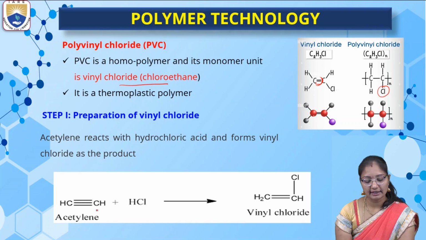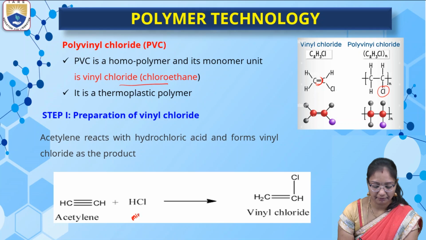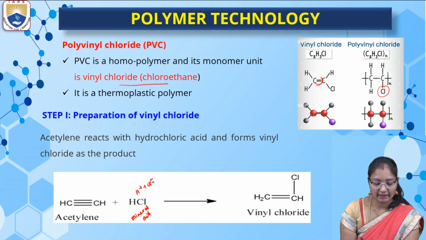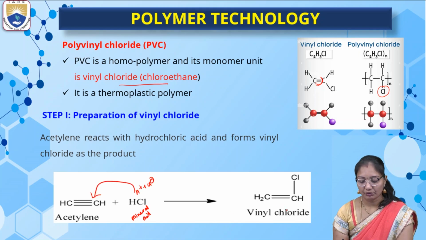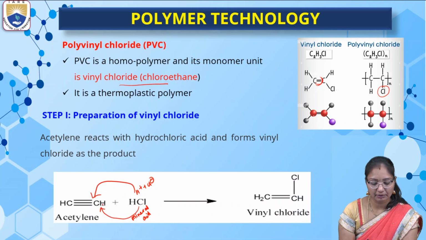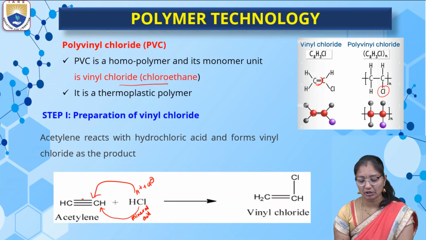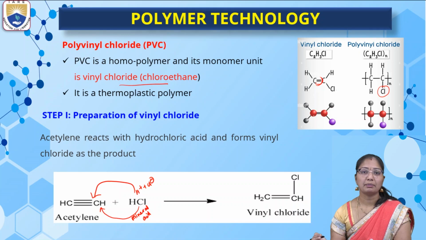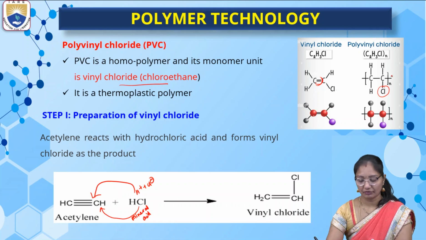First, acetylene reacts with a mineral acid, hydrochloric acid. This is a mineral acid. Acetylene has a triple bond between the two carbon atoms. So it gives H plus and Cl minus. The H plus attacks, the Cl minus goes on, and the bond breaks. Then we get CH2 double bonded to CH followed by the chlorine attachment. Acetylene plus mineral acid reaction gives vinyl chloride. These vinyl chloride units go on increasing the chain, forming polyvinyl chloride using the free radical mechanism.